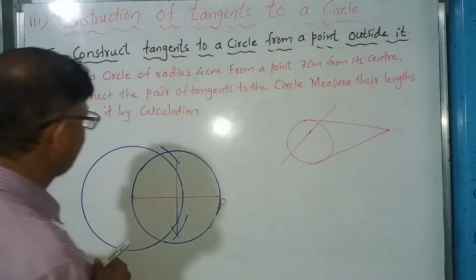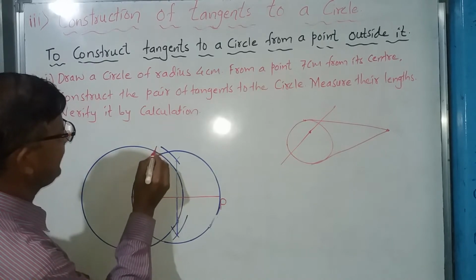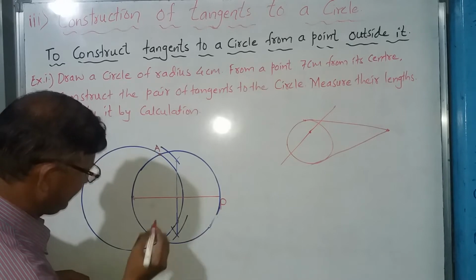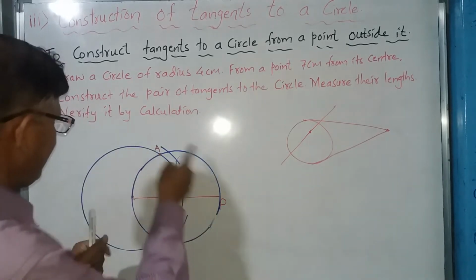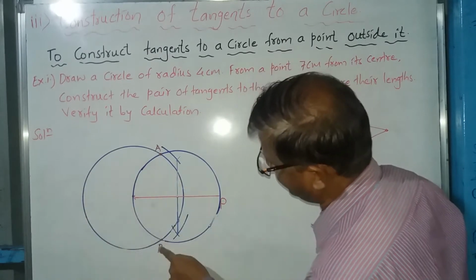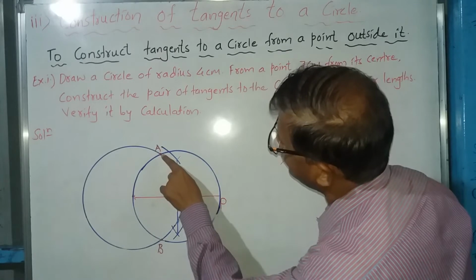This circle cuts our previous circle at the point here. Let us name this point as A. Let me name this point as a. So here, this is the circle which helps us to locate the 2 points on the circle. From P, we can draw the tangents to this.